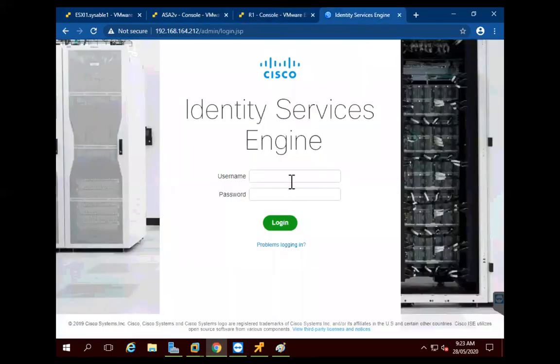So this is my ICE. So now I will log into my ICE, saying admin and password. Now I am able to log into my ICE.